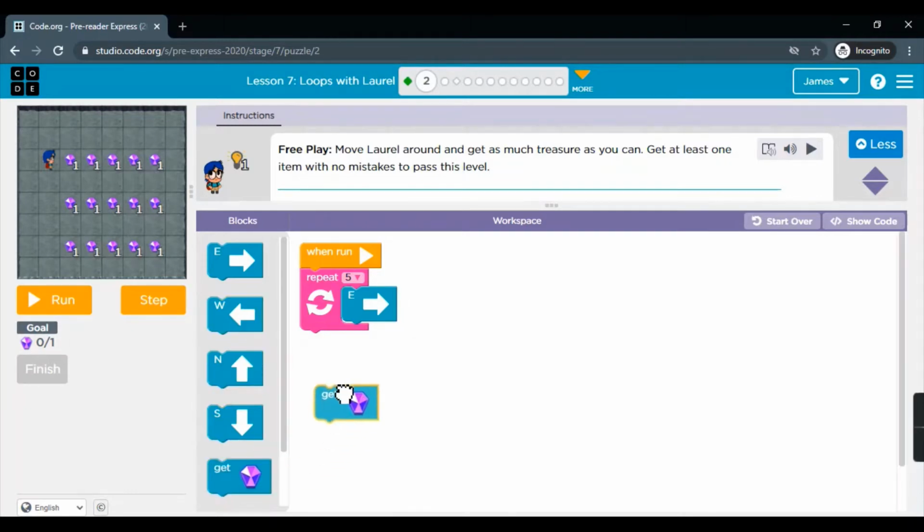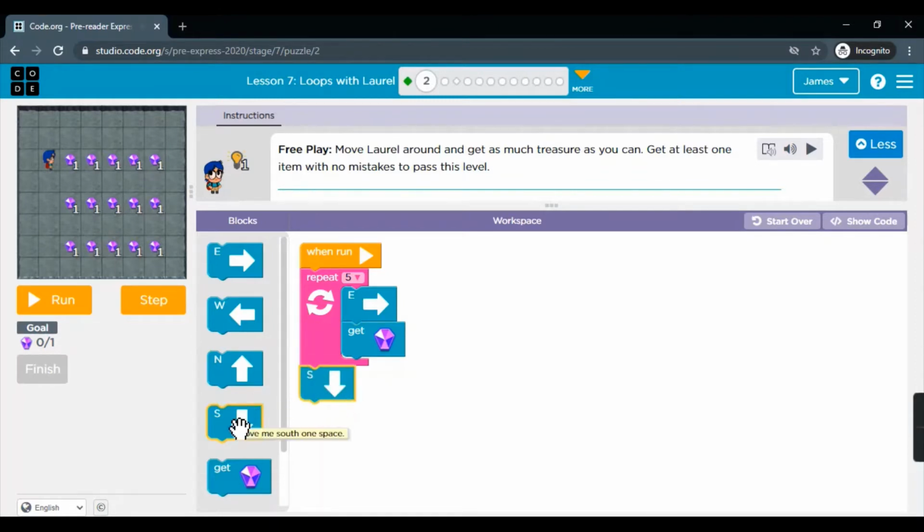And then move and get. Correct? So it will reach here. Then we need to go south two times, so it will be here